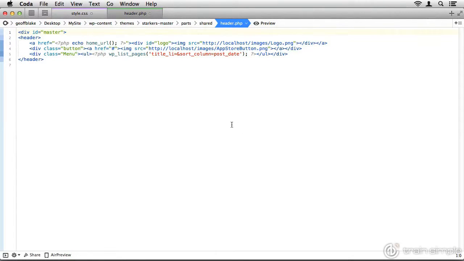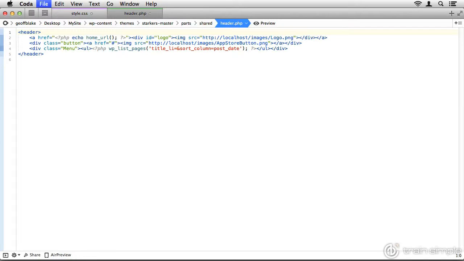Inside this PHP file, I don't expect you to remember this from our earlier course, we begin the master div. If you'll recall, it's the master div that contains the entire layout that you and I had built. I'm going to get rid of this div by selecting the opening div inside header.php and deleting it, just like so, saving up my work.